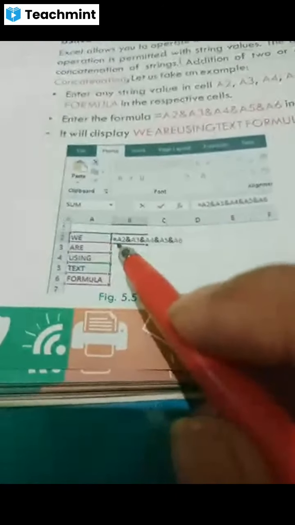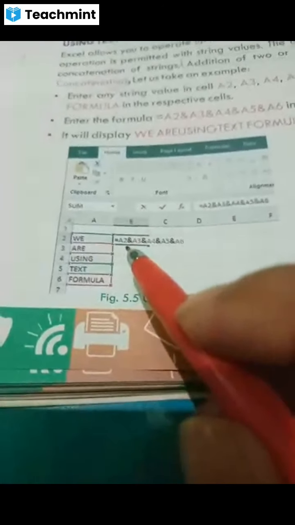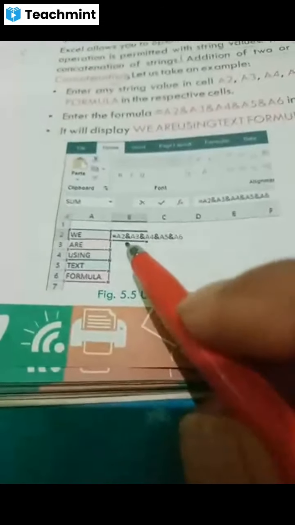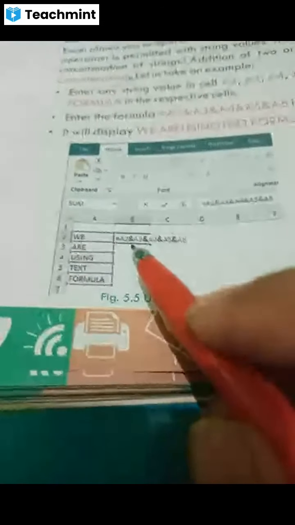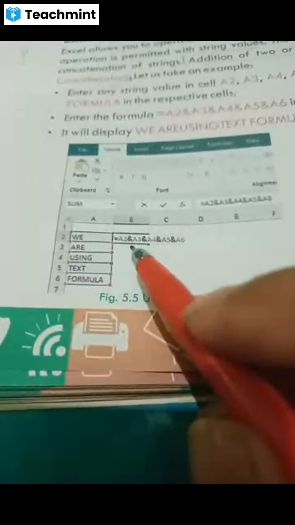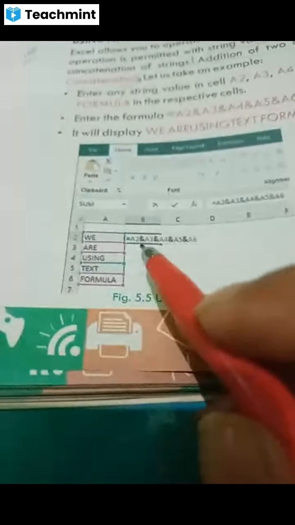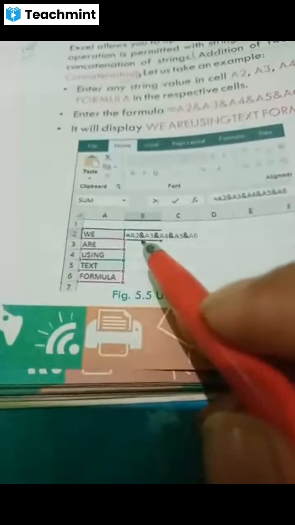So here we are writing A2, and after writing A2, one symbol is given here. What is the name of this symbol? Ampersand.